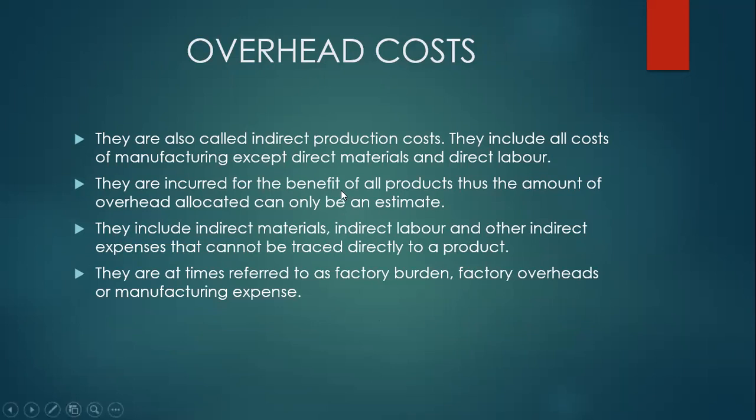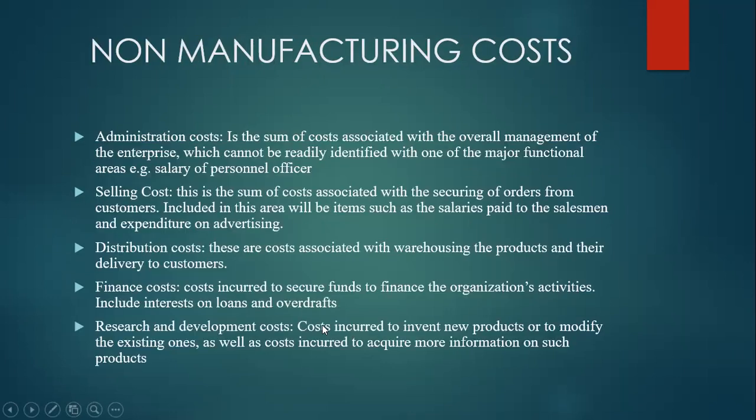They include indirect material, indirect labor, and other indirect expenses that cannot be traced directly to a product. They are at times referred to as factory burden, factory overheads, or manufacturing expense. So the ones we have looked at so far are mainly